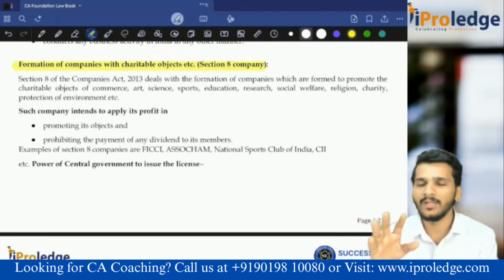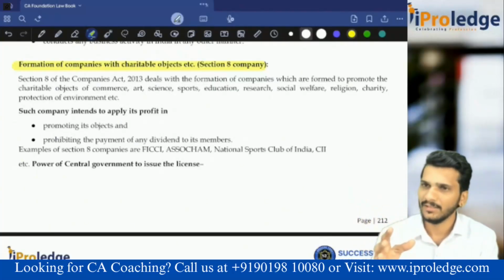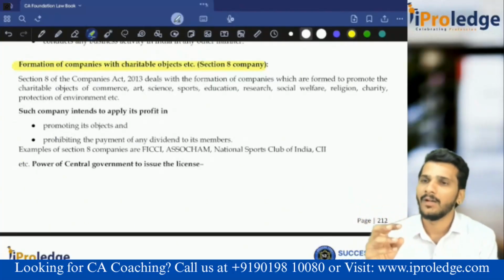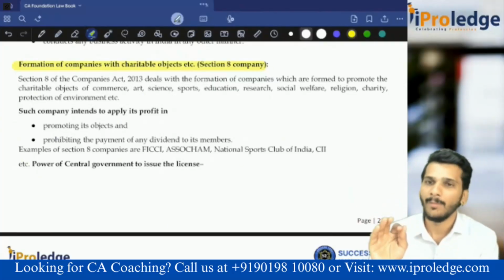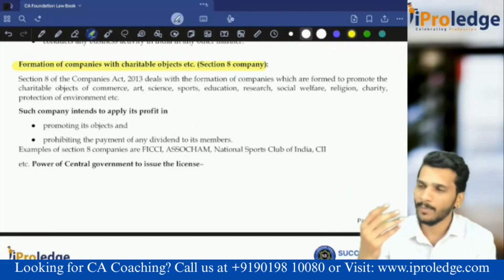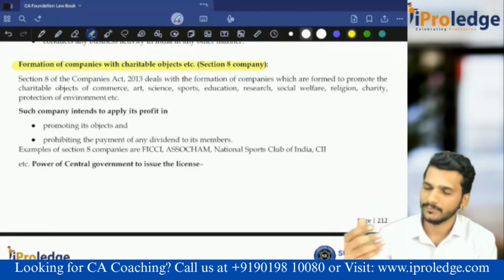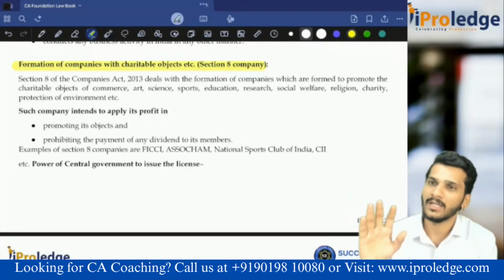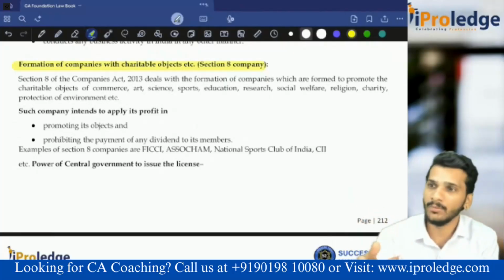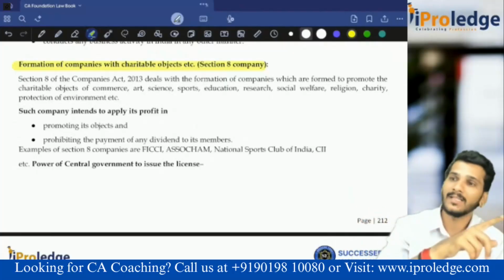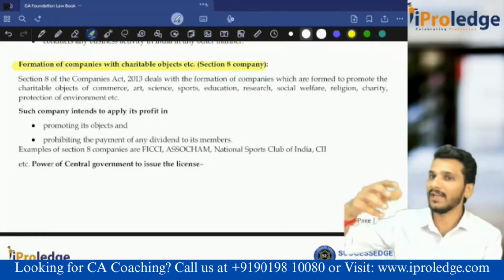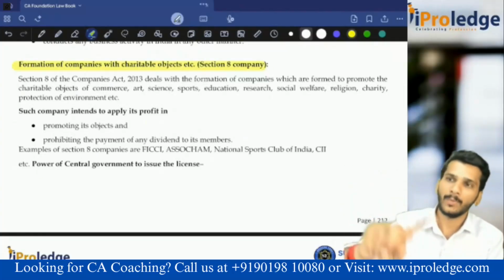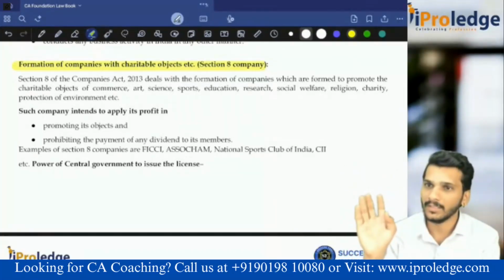If the central government has given the license for one purpose, for example, nominal education, 100 rupees free education, where the fee will not exceed 100 rupees at any time, but later you change your mind and start charging 20,000, 30,000 like that, that means you contravene your objective. In that case, the central government has the power to revoke the license. The moment they revoke the license, you are like a normal company. You have to convert it to either a private company, public company, some type of company.